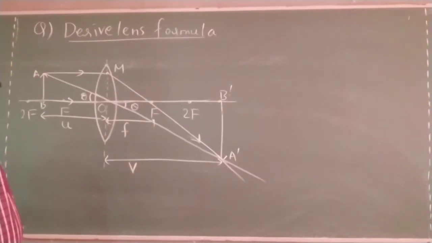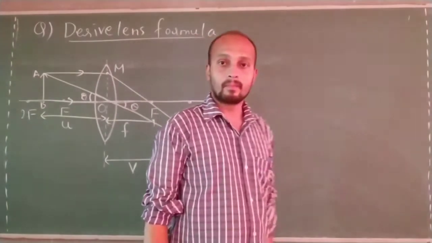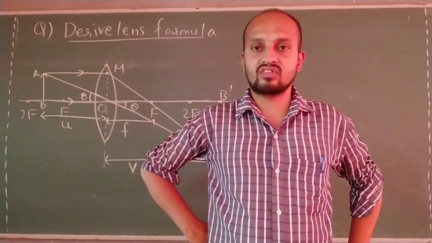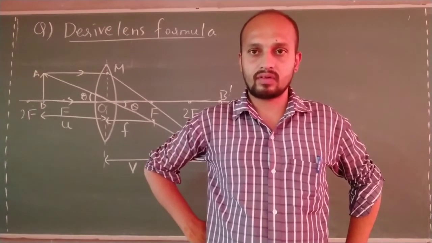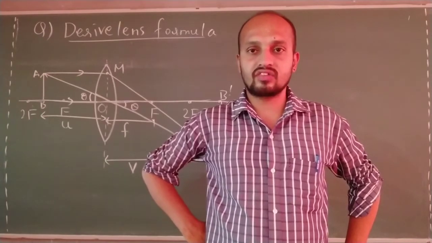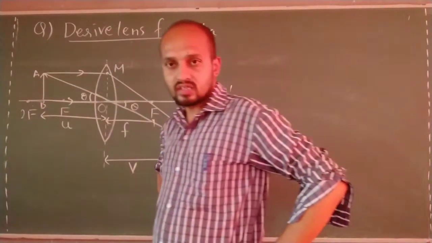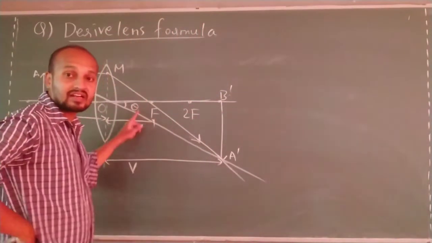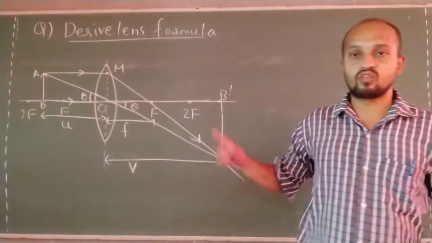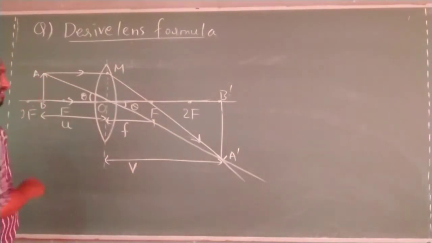Okay. What is the lens formula? First you must know. Lens formula is the relation connecting object distance, image distance and focal length of the lens. Okay, if I bring the relation between focal length, image distance, object distance, that relation is nothing but the lens formula, which I am going to do now. So this is the basic diagram for a convex lens. You can draw the diagram for all the lenses. First I am doing only for a convex lens. Okay, because it is very simple.